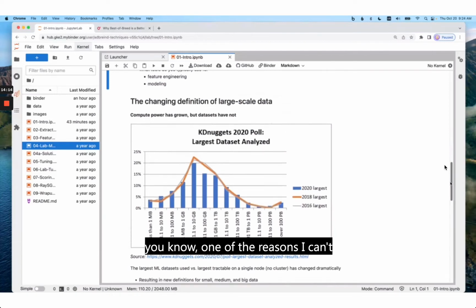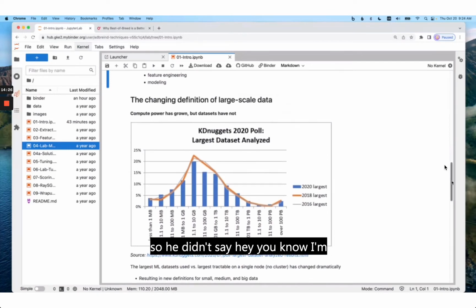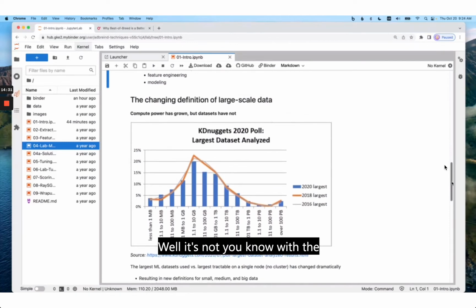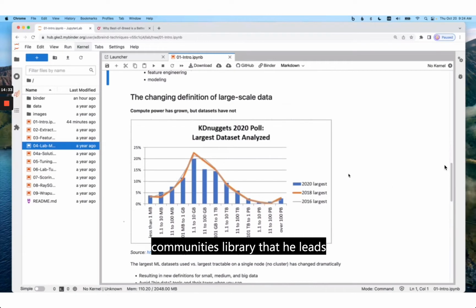of the reasons scikit-learn has become so successful was, and of course he could have said, well, because it's his code and he's proud of it, but he's a very modest person. So he didn't say, hey, I'm doing a great job with the community's library that he leads. What he said is, what's really making a big difference here is that as time has gone by, what everybody expected